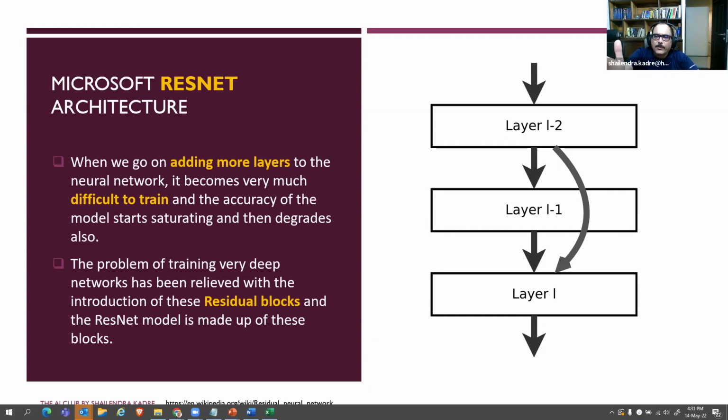Suppose up to layer L2 there is some accuracy or performance of the neural network. I introduce one more layer, which is L1. And if by introducing layer L1 my performance is deteriorating, say at L2 I was getting accuracy of 92%, and after adding the layer I am getting only 90%, then why do I want layer L1? I don't want it. Whatever output is coming from layer L2, I'll use the same. The same is the concept here,